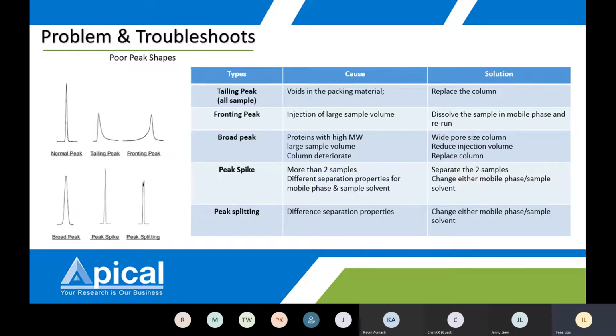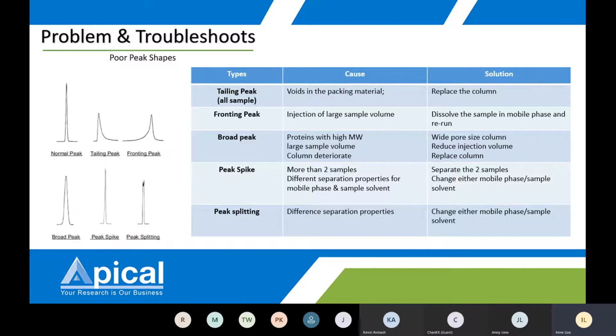Okay, you want to reduce the volume of the sample that you're injecting, and also you may want to replace the column. When it comes to peak spike, especially when you have, which is very common, two samples inside. Unknowingly you might prepare two samples, so they tend to have different separation properties for mobile phase